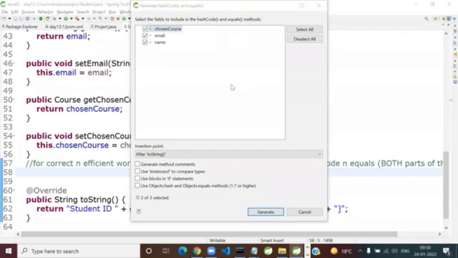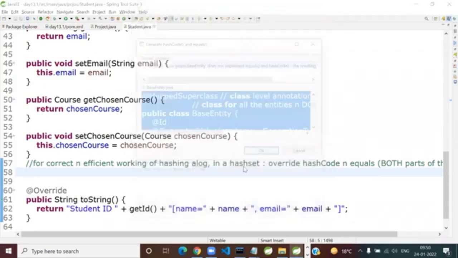If there is no such unique key, then you always have an ID which is inherited, your unique ID. But as much as possible, go for natural IDs. Natural IDs mean your unique keys. So you can deselect all and leave only email. We will say two students are the same if and only if their email ID is the same, otherwise different. So base it on email.